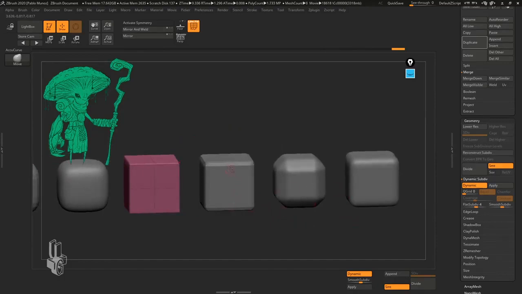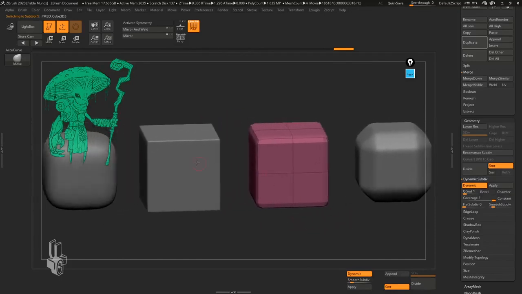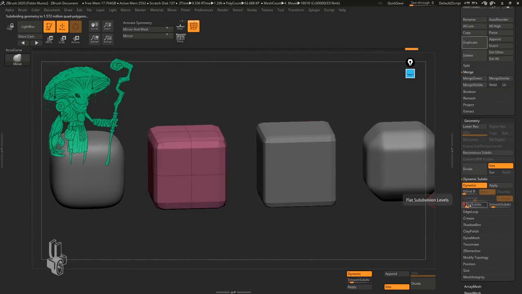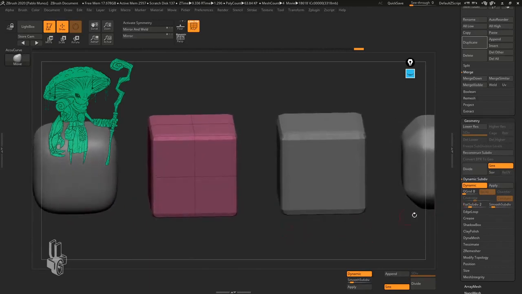So I'm going to select the next one. And this one has something very similar to what we did with the previous one. So actually, I'm going to try to achieve the same result that I have here with the previous one. So if we go ahead and remove some of the smooth subdivision and also the flat ones, something like that probably. Let's have a look. Something like that, roughly. It's not going to be exactly the same, but it's going to be pretty similar. So you'll see that adding 2 flat subdivision levels plus 1 smooth subdivision in this case, it gives us a very similar effect in this other cube,